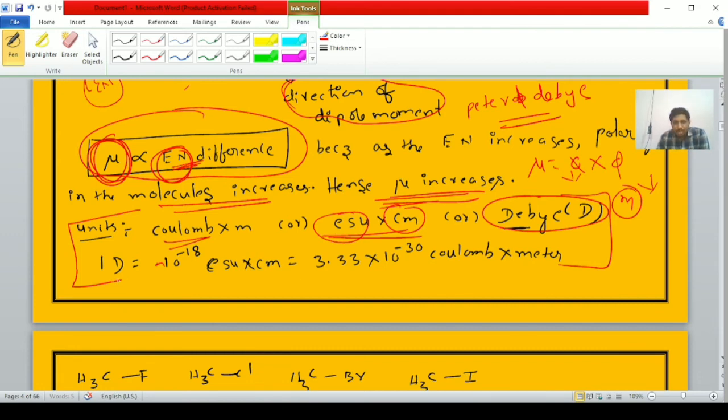Therefore, student, 1 debye is equal to 10 to the power of minus 18 electrostatic unit into centimeter, or 3.3 into 10 to the power of minus 30 coulomb into meter. It is a conversion, student. Now here only one point, students. The dipole moment is directly proportional to the EN difference between the two atoms and it is frequently expressed in the units of debye. Debye is the unit for dipole moment in honor of the scientist Peter Debye. Now students,